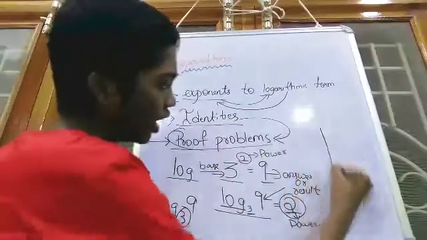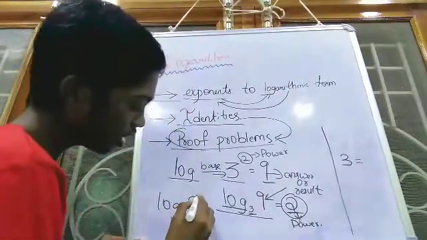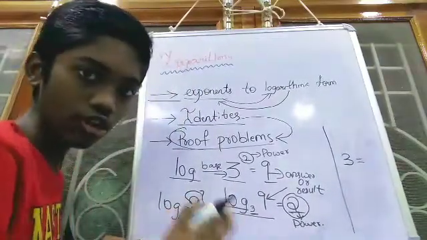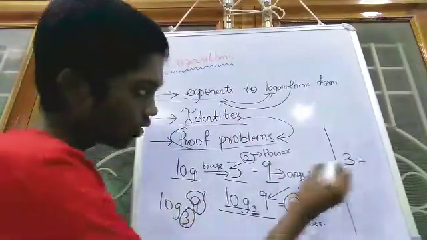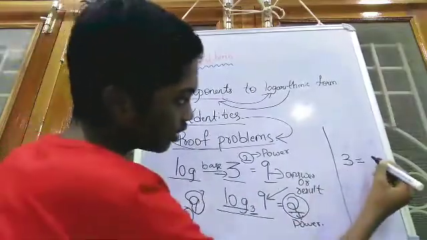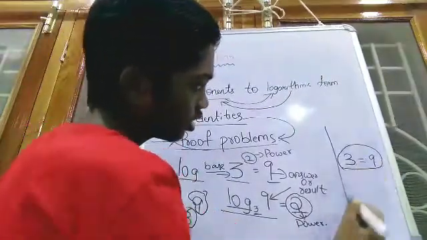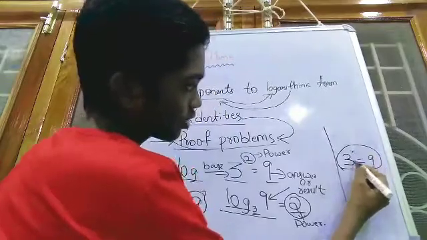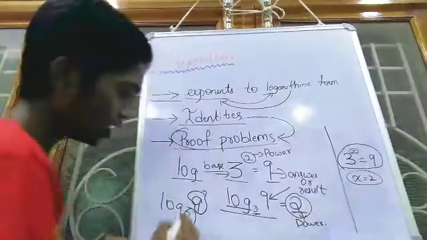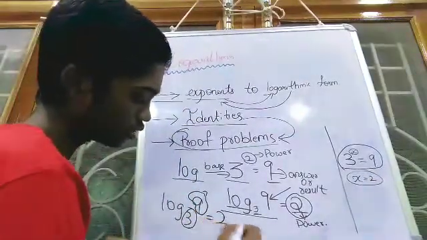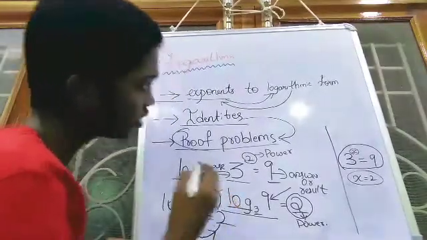In a rough column, you write the base as 3 and you put equals to, and here it is 9. This is the result. If you are confused, first you write the base as 3. We are calling it to the base 3. So first we have to write 3. Here it is 9, so equals to, you put 9. If we observe this, here you put 3 power x. And we know that 3 square is equal to 9, then x will be equal to 2. And the answer of log 9 to the base 3 will be equal to 2. That is, 3 square is equal to 9. This is the exact form.